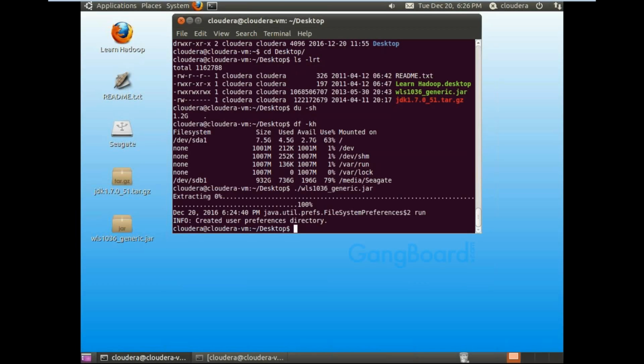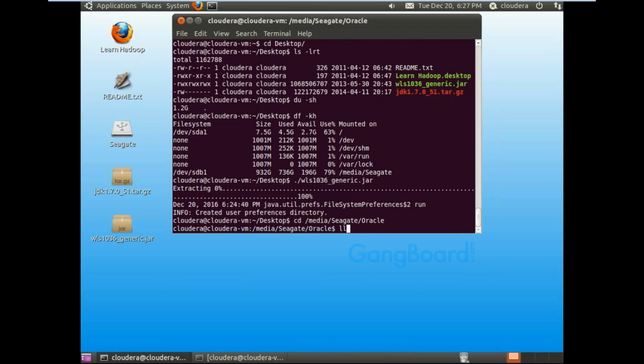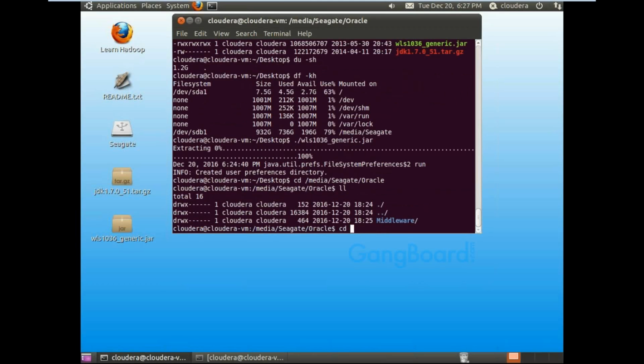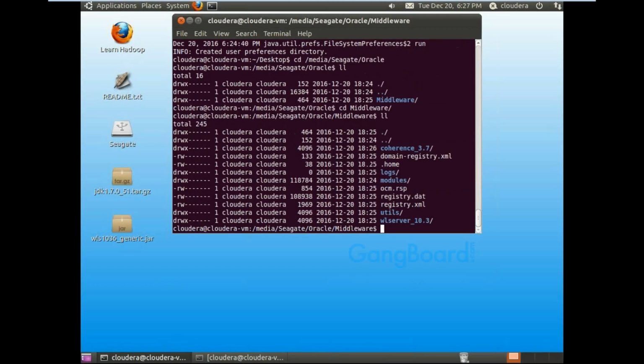There is another method: if quick start does not come, then I will go to /media/secret and Oracle middleware.